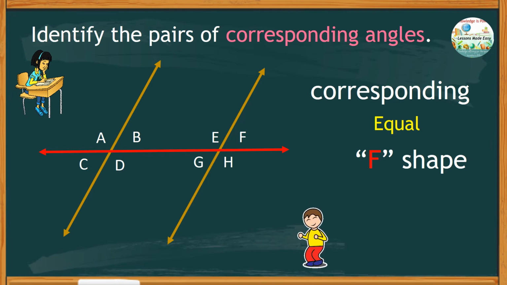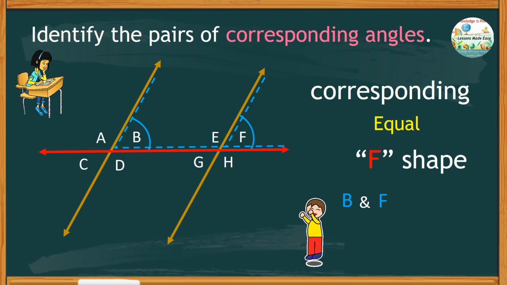Let's look at the upper part of the transversal. Right here is an F shape, is it not? Only the F shape is upside down, and these two angles are equal, angles B and F. On the other side of the transversal, there is an inverted F, and these two angles are equal, angles A